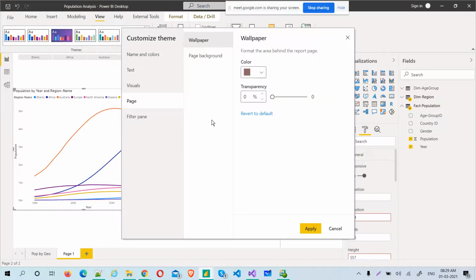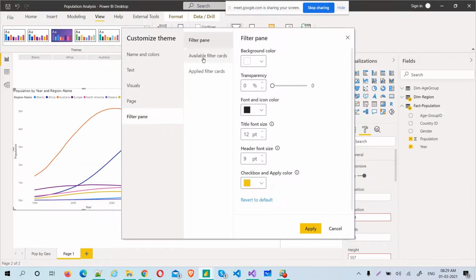If you are really confused, don't apply all at a time, but apply one by one and go and see how they look. These are the two most important things. It should be 50%, but I've only done 41%. I'll tell you why. Now here, see the filter pane.